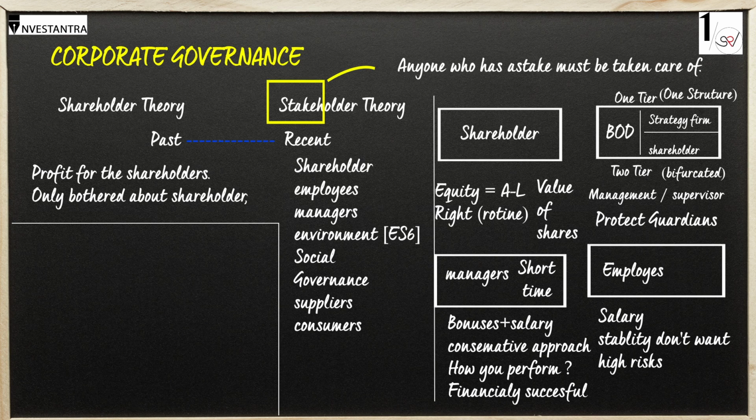Okay. Then you have employees. Employees also, because they get a salary, are interested in stability. So they don't want high risks, right? Because employees are concerned with job security. So if you want to work in a firm for a long while, you're interested in the sustenance of that firm. You don't want to lose the job and then get into finding another job, because your individual cash flows will get affected. This is why you have to consider all the shareholders,